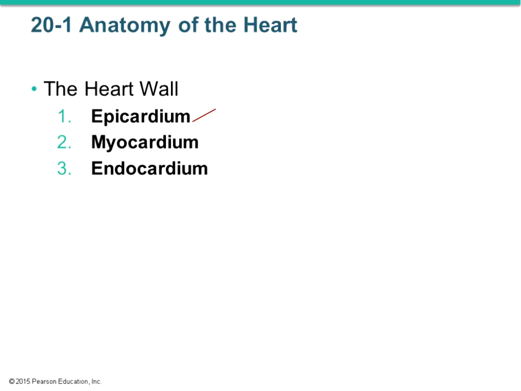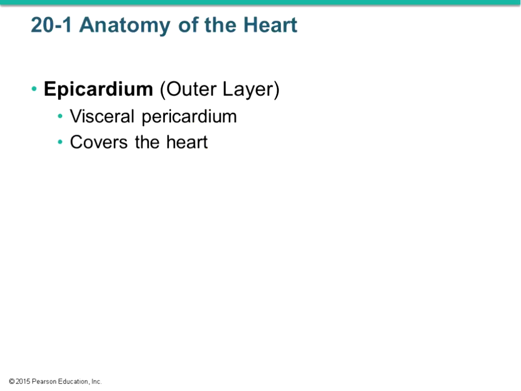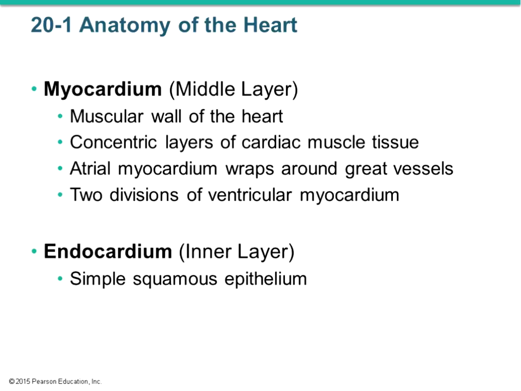It has what's called an epicardium, which is the outer layer, then the myocardium, and then the innermost layer is the endocardium. The epicardium is, again, just that visceral covering, that outer layer that actually covers the heart. It's like a lining, basically, very thin, simple squamous epithelium. The myocardium, or the middle layer, is the muscle. That's where the thick muscle is located. It's concentric layers of cardiac muscle,